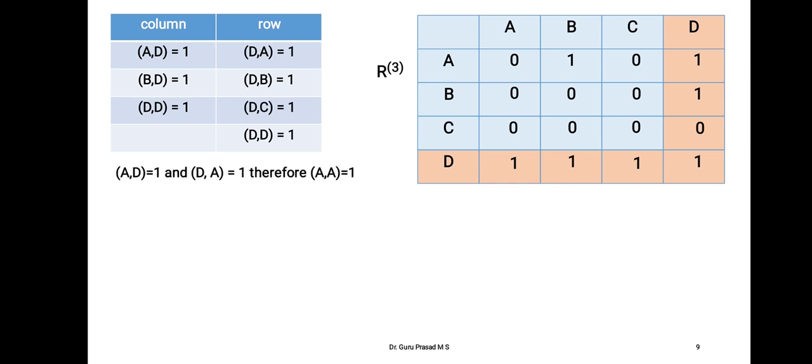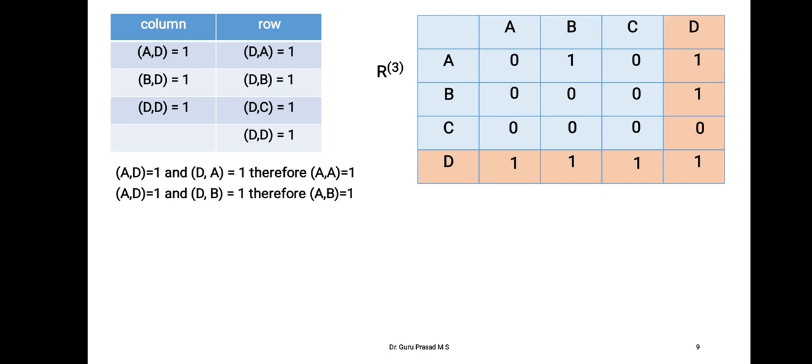A comma D equal to 1 and D comma A equal to 1, therefore A comma A equal to 1. It indicates if there is an edge from A to D and there is an edge from D to A, then there will be an edge from A to A. Next cell,